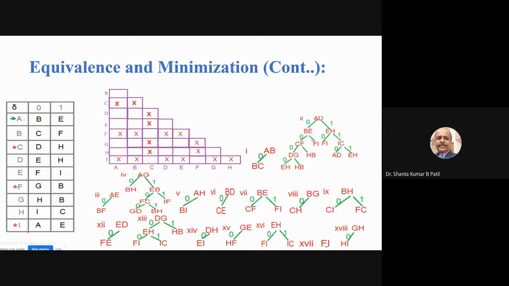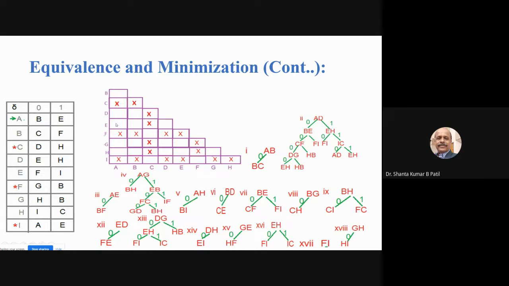The tree construction is continued until either a pair repeats or any leaf node has a cross mark. You can find here that EH is repeating and does not have the cross mark. HB is repeating and does not have the cross mark. AD is repeating and does not have the cross mark. EH is repeating again, without a cross mark. Stop the construction of the tree and decide AD are equal.